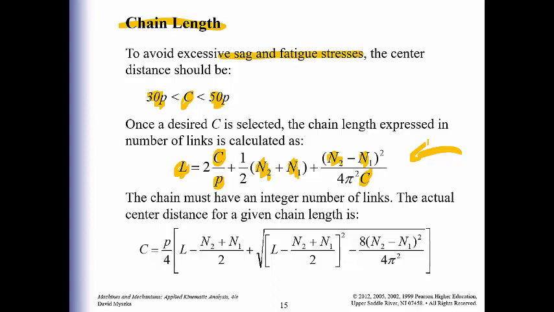you also have to think about the chain must have an integer number of links, something to keep in mind there. If we want to find the center distance, we can go in a reverse way. If you know the length, if you know the number of teeth, if you know the pitch, you can go ahead and find the center distance between the two sprockets. So keep in mind that these equations will be given to you if you need to use them to find length or to find center distance. So it's just a matter of plugging and chugging and